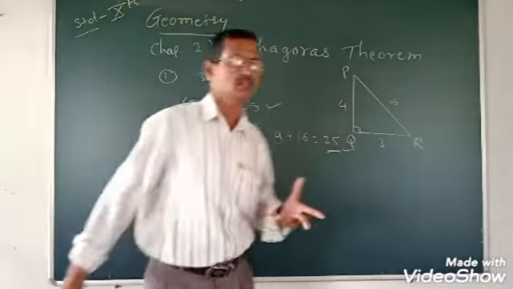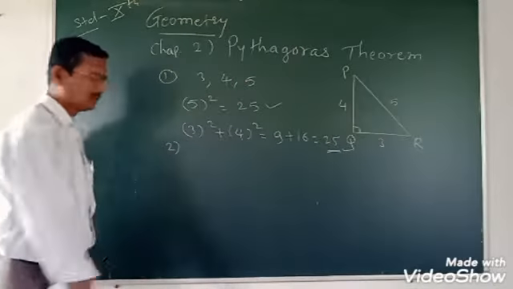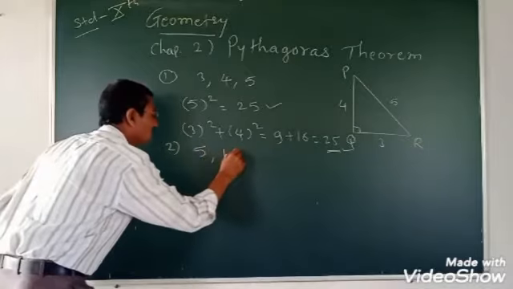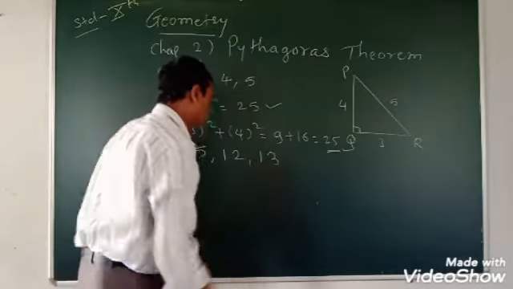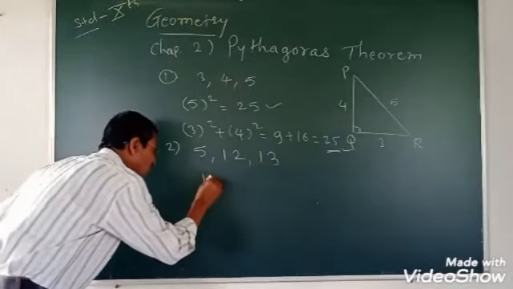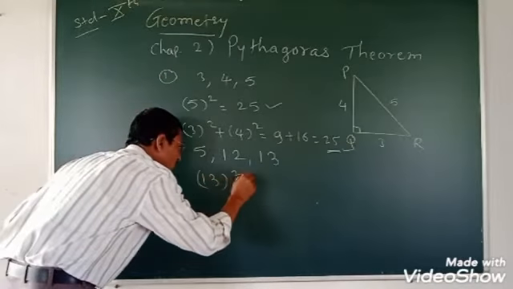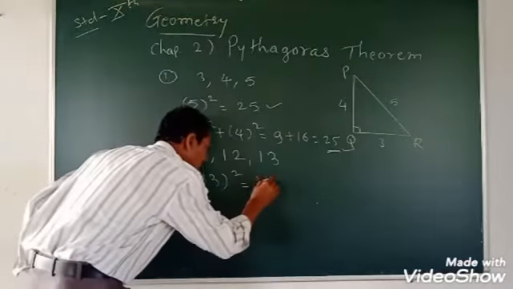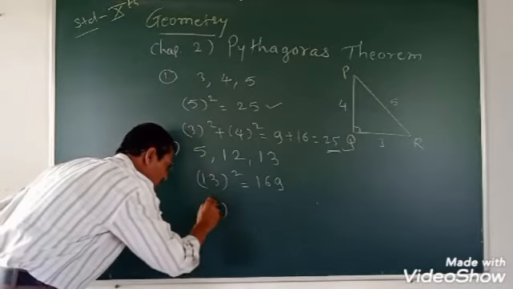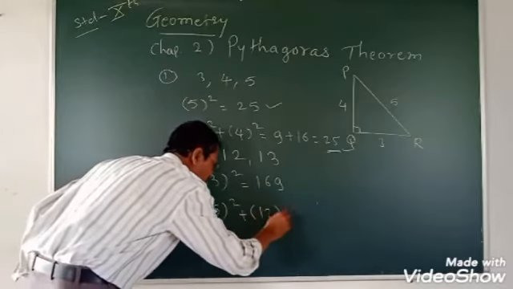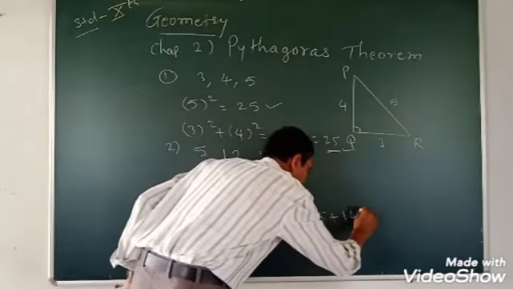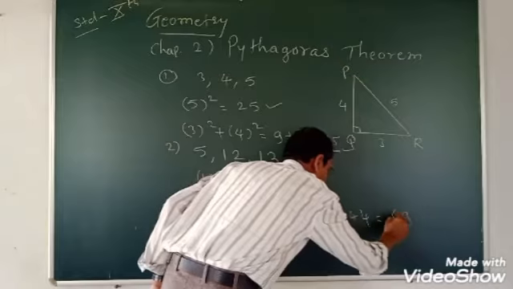There are so many Pythagorean triplets. We will take another example. For example, 5, 12 and 13 is also a Pythagorean triplet. You can check it. The biggest number is 13. Square of 13 is 169, and square of 5 plus square of 12: square of 5 is 25, and square of 12 is 144, and its sum is